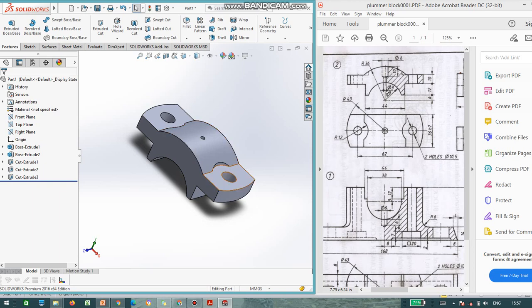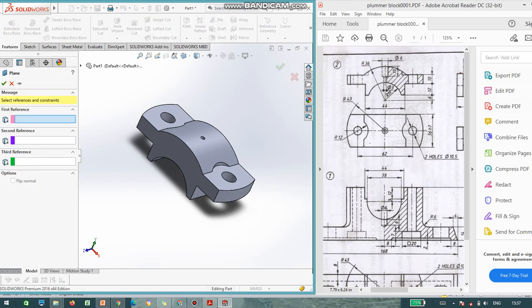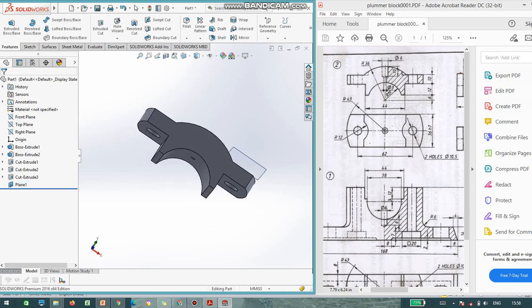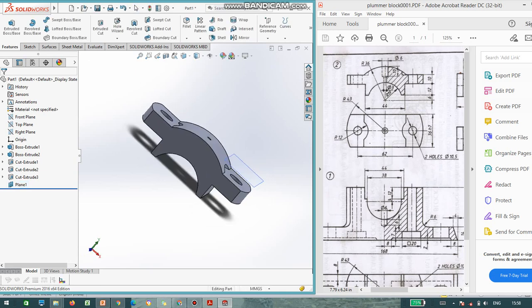Now I need to do the dia 6. For that I'll take another plane from here. You can go to plane and calculate. So what could be the distance? The distance is 6 plus 12 is 18. 18 plus 10 will be 28. So 28, and the radius is 36. 36 minus 28, and the length is 8 mm. As you can see, it is at a distance of 8 mm, the curved surface.